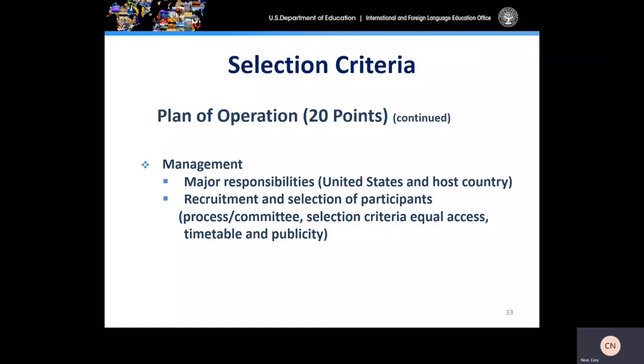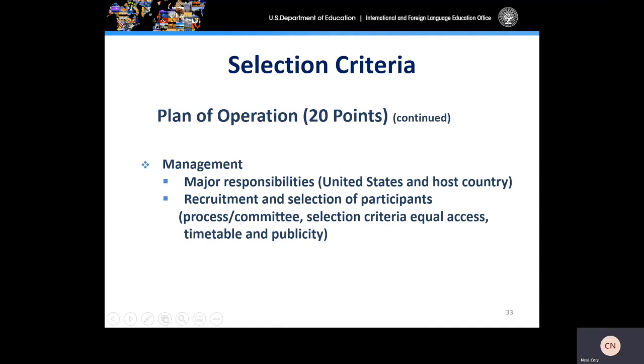Please include a clear description of how your project will provide equal access and equipment for project participants, regardless of race, color, national origin, gender, age, or disability. Many applicants neglect to include this description, which does result in point deductions.